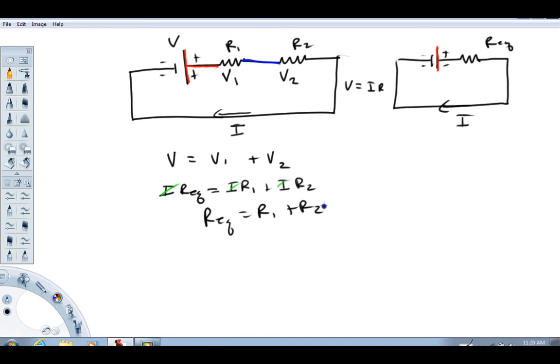And here I only had two resistors. Had I put more resistors in, the same thing would have happened. If I put a third resistor in here, I'd have a third resistor here. And if I put a fourth resistor, I'd have a fourth resistor, and so forth. So, simply put,